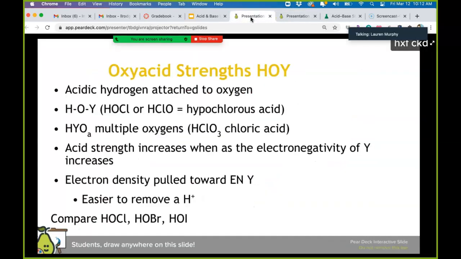Okay. Oxyacids, I briefly mentioned when we did the Lewis structure chapter. Oxyacids are just acids that have oxygen in them. So you see these a lot with your polyatomic ions. And so you have an H. Now be careful because the acidic hydrogen is always attached to the oxygen, or oxygens if there's more than one,